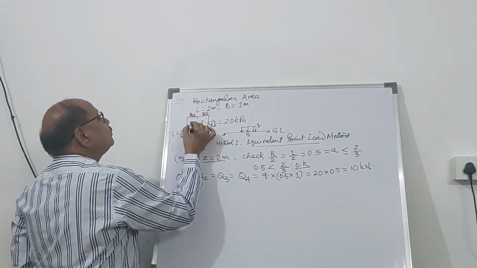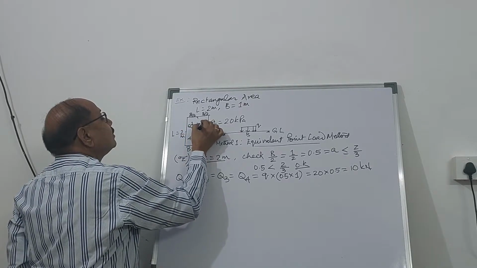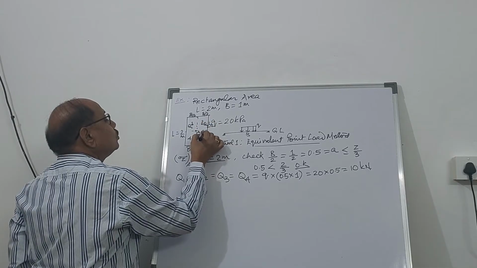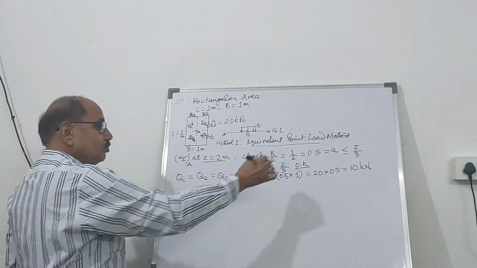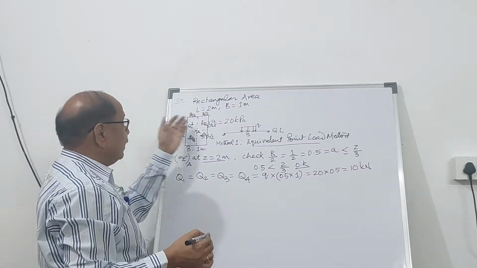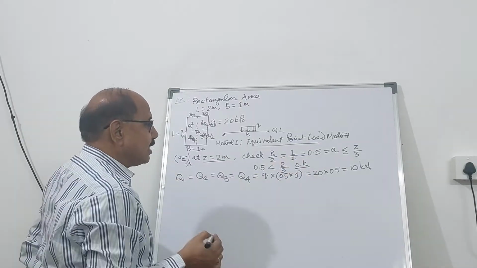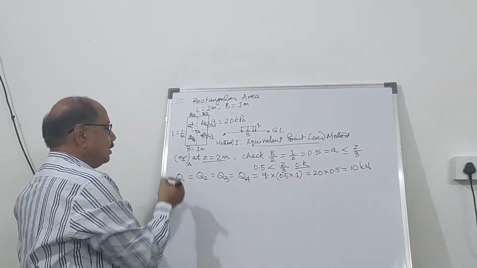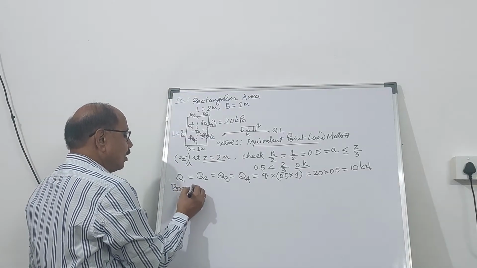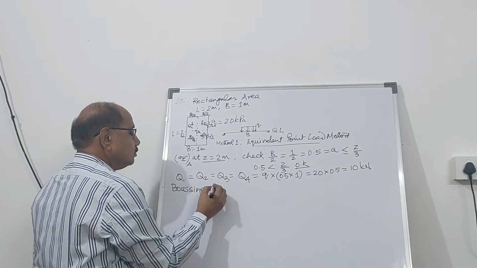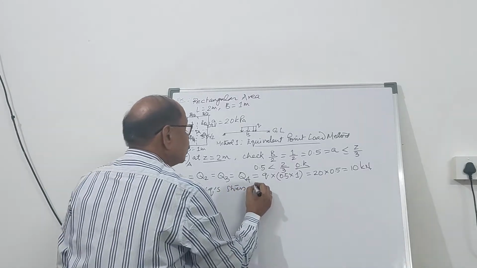So Q1, if I take it at the midpoint, here it is Q1, Q2, Q3 and Q4, which is known. So you can divide the whole area in such a fashion that the smaller dimension is less than or equal to Z by 3. So we have done that. Now, if you use the Boussinesq stress distribution theory,